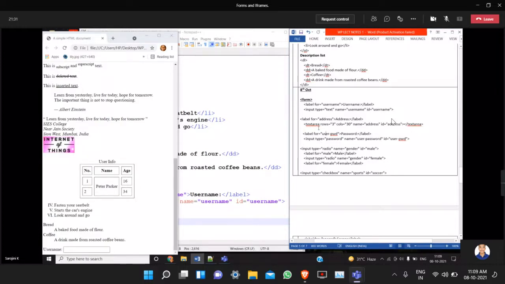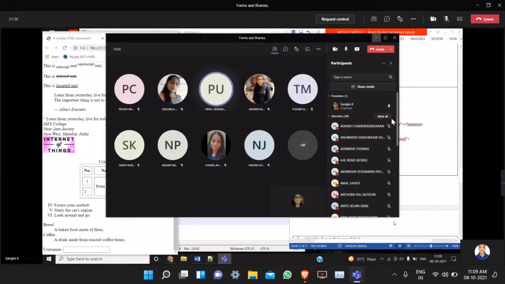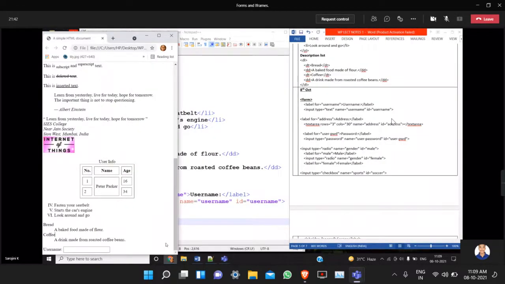Ma'am, can you explain why we use text area then? Now listen here. After you see the output of the text area, it will be clear. See, here in this text box you can create a single line of text. Suppose you want to display multiple lines of text, then you have to use the text area. For example, feedback. When you get feedback, you should allow the end user to type more than one line. So in that case, you have to create a text area.